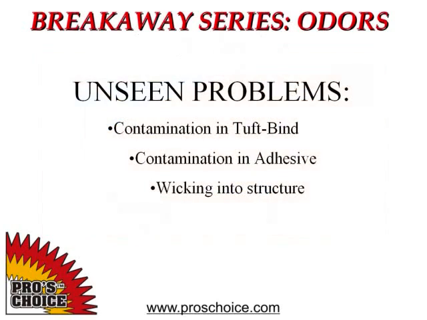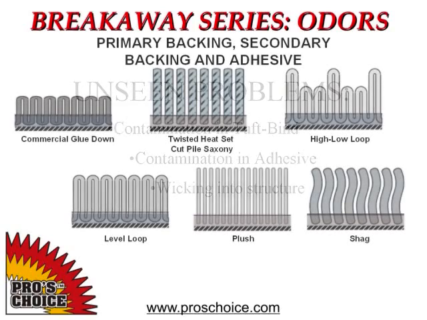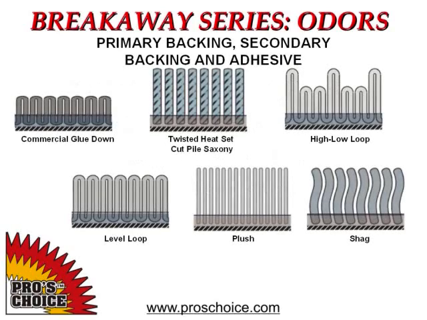Not all of the contamination is going to be visible. Urine can build up in a variety of areas, both in the carpet itself and the surrounding construction. Let's take a look. Most common carpet construction can be broken down into several components. The carpet fiber is inserted into the upper layer or primary carpet backing, where it's held in place by the secondary carpet backing and an adhesive. This adhesive is often clay-based and can be very absorbent. Urine contamination can build up in this layer of adhesive and can be very difficult to remove with older methods